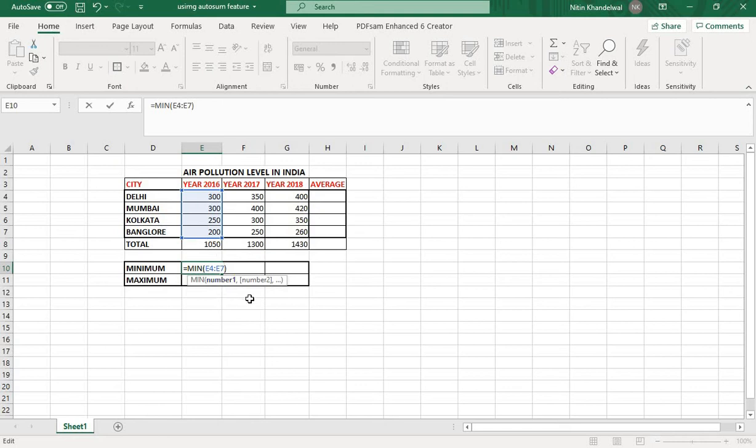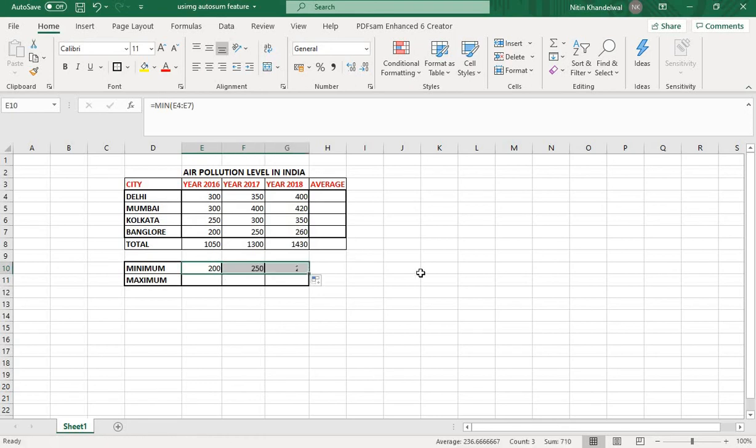Now press enter. It will automatically find out the minimum from this. Now if you have to apply the same formula to the years 2017 and 2018, stretch this horizontally and it will automatically apply the formula. So you have to apply the formula by using the AutoSum.